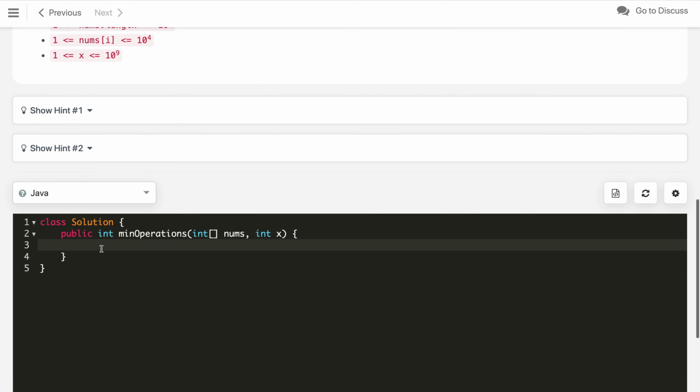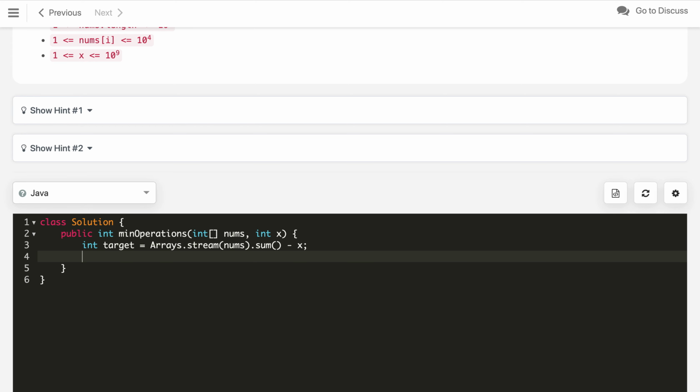For the coding part, first of all we will create the target which we have to find out. I am using a stream, or if you are not much aware, you can just use the normal for loop. This is the way to calculate the total sum of the array elements and then subtract x, which is the target. Now, let us declare the window size.